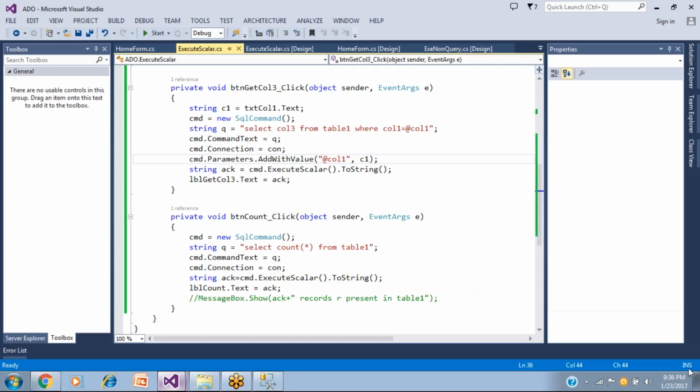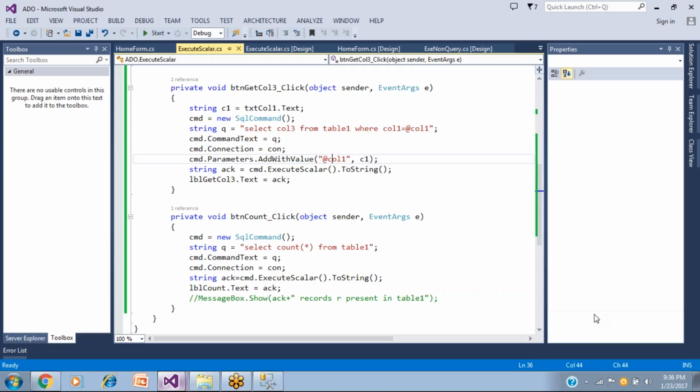Okay, that is our today's topic, execute scalar from the SQL command object. SQL command is a library present in the ADO libraries, and in it two functions have been discussed over the past two sessions, execute non-query and execute scalar, which we have finished.